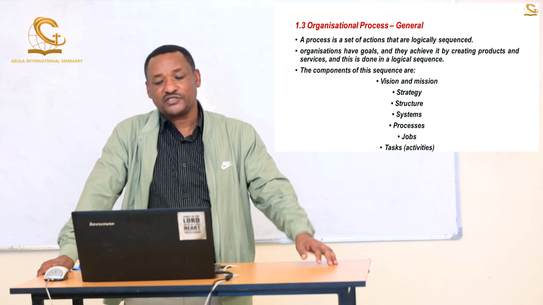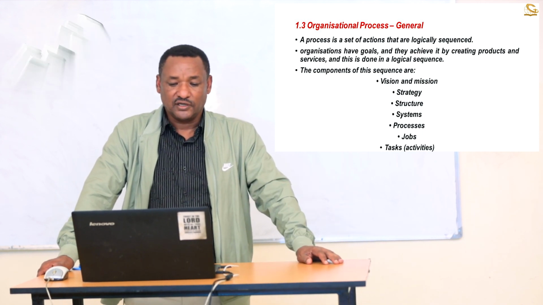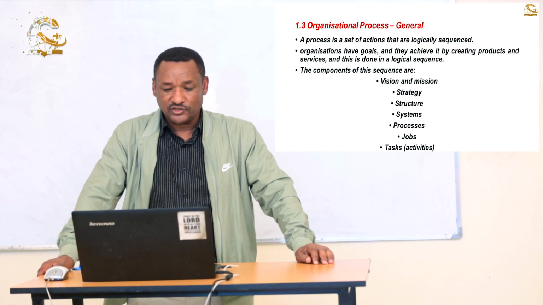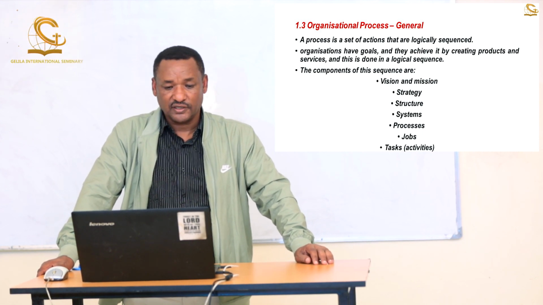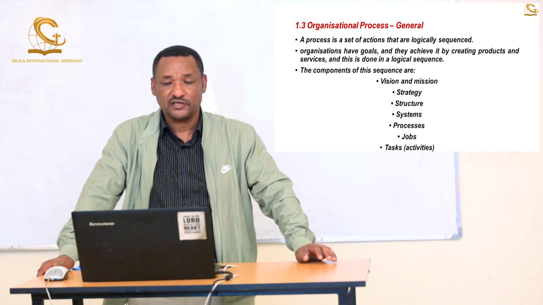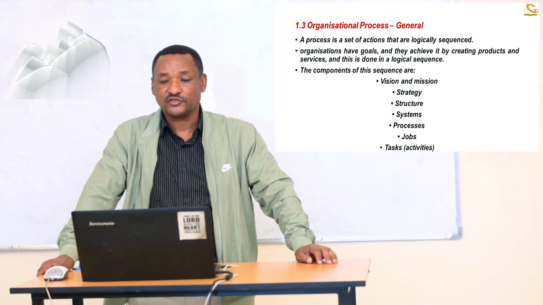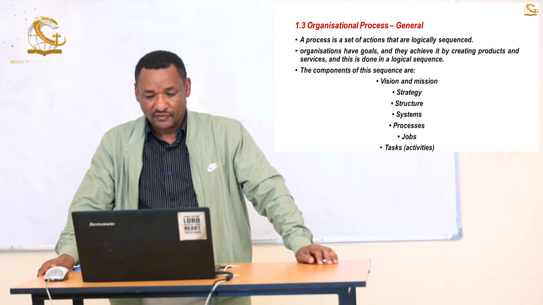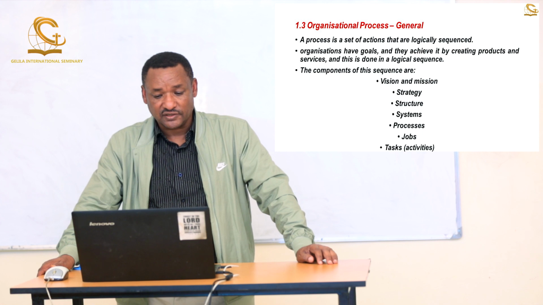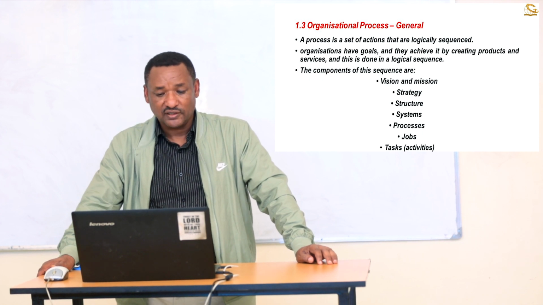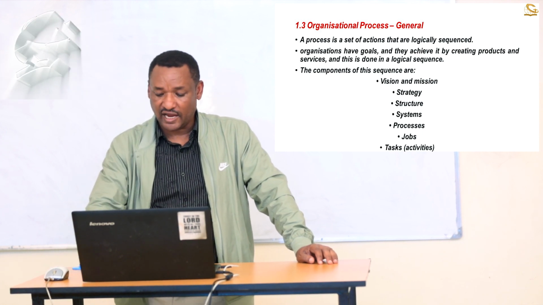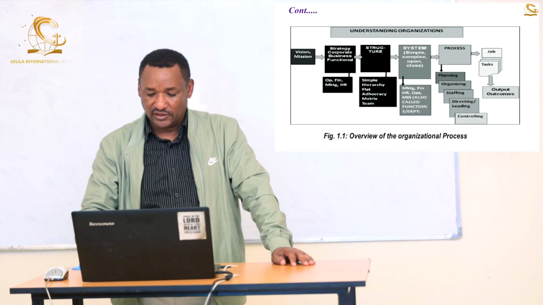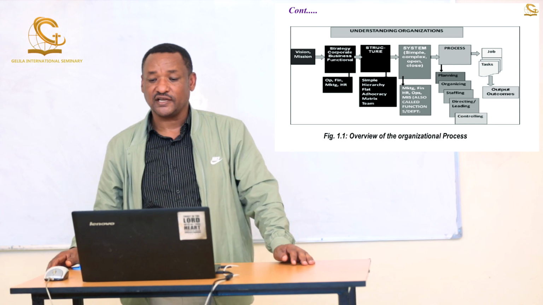These components or sequences include vision and mission, and strategy. An organizational process has vision and mission, strategy, structure, systems, processes, and jobs and tasks. When we speak of organizational process in terms of vision and mission,